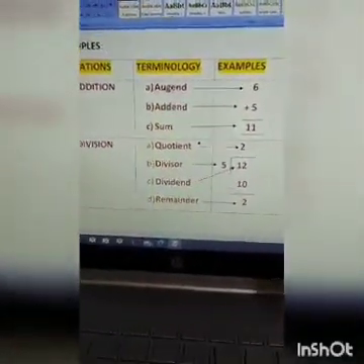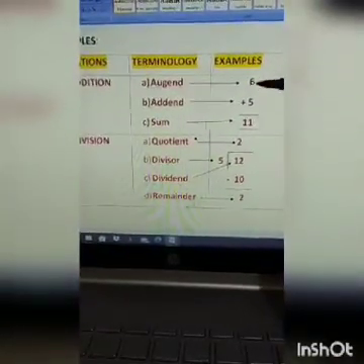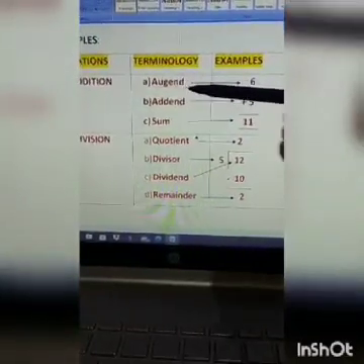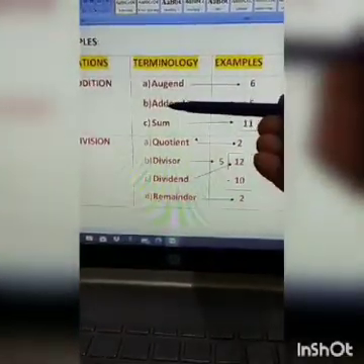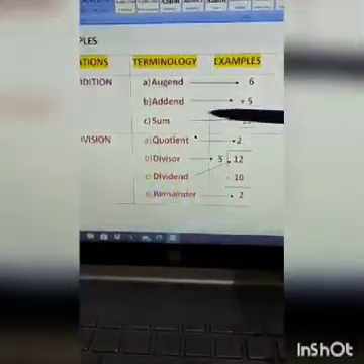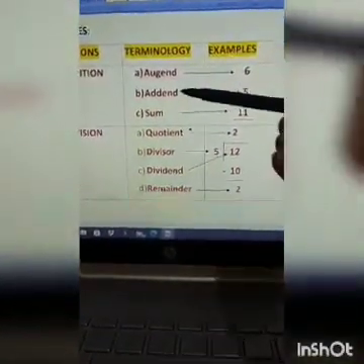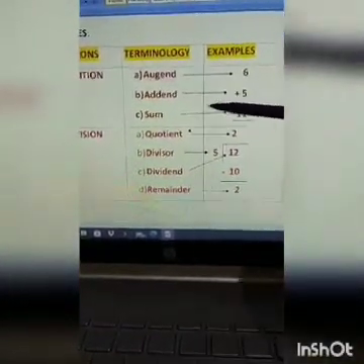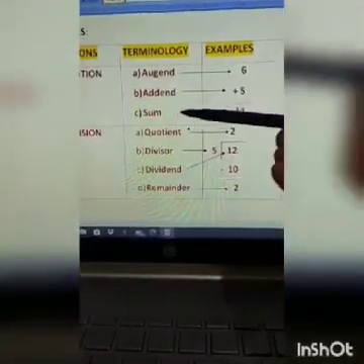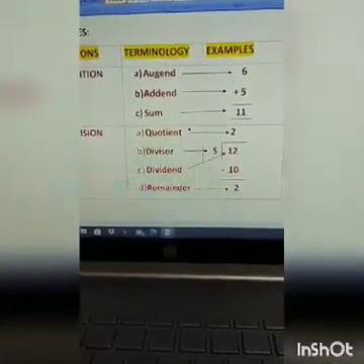You can see, if we add two numbers, the first number in addition is called augend and the second number is addend, and the result is called sum. In this way you will show in your project. I show by the arrow which number is augend, which is addend, which is sum. You also do in the same way.